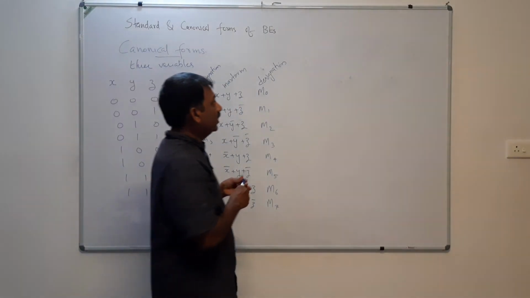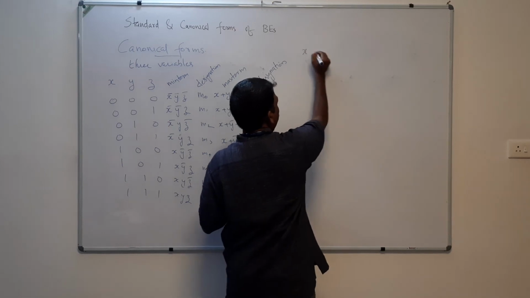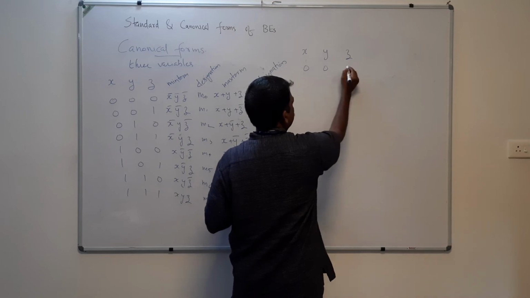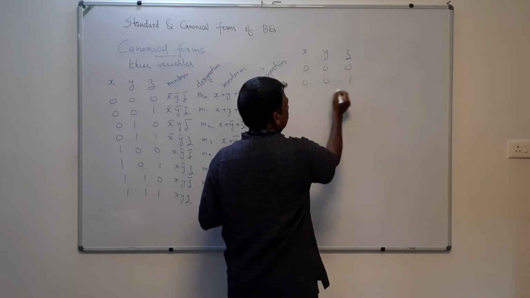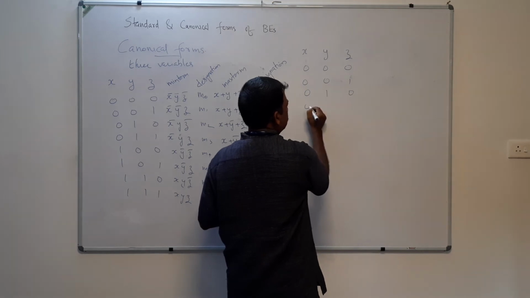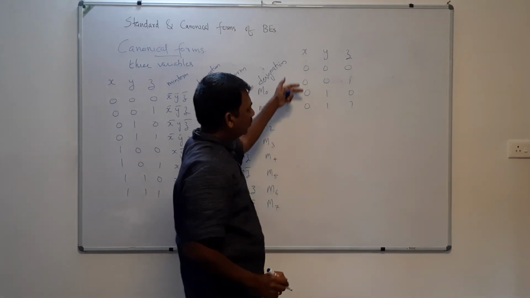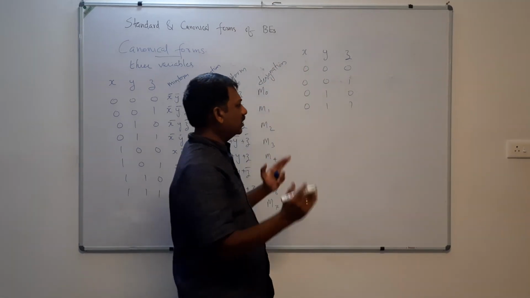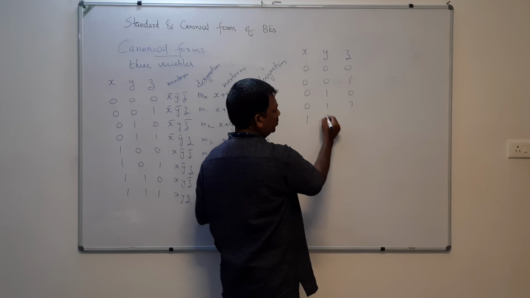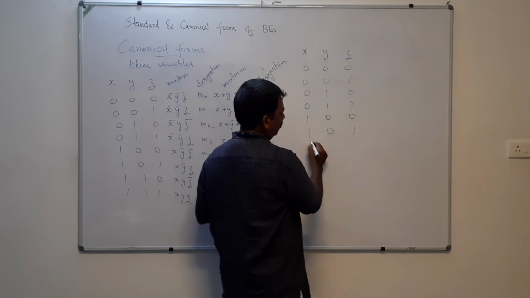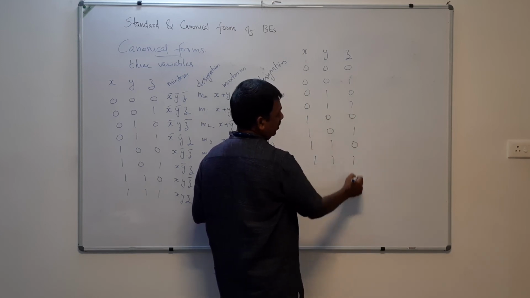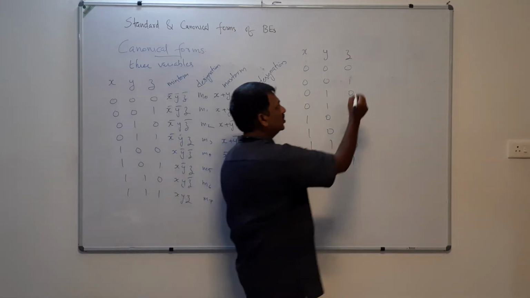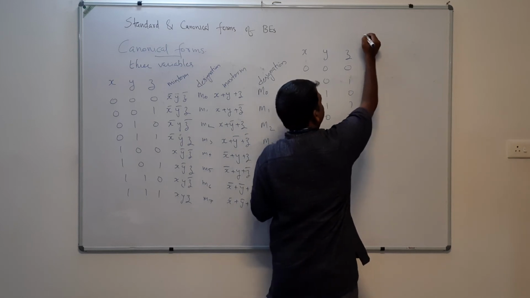Suppose that you have a truth table like this. Suppose that for x, y and z, these are taking the values 0, 0, 0; 0, 0, 1; 0, 1, 0; 0, 1, 1. I am writing this as 0, 1, 2, 3 in 3-bit binary form. Then 1, 0, 0; 1, 0, 1; 1, 1, 0; and 1, 1, 1. So these are the 8 different possibilities for x, y, and z, and the function f is